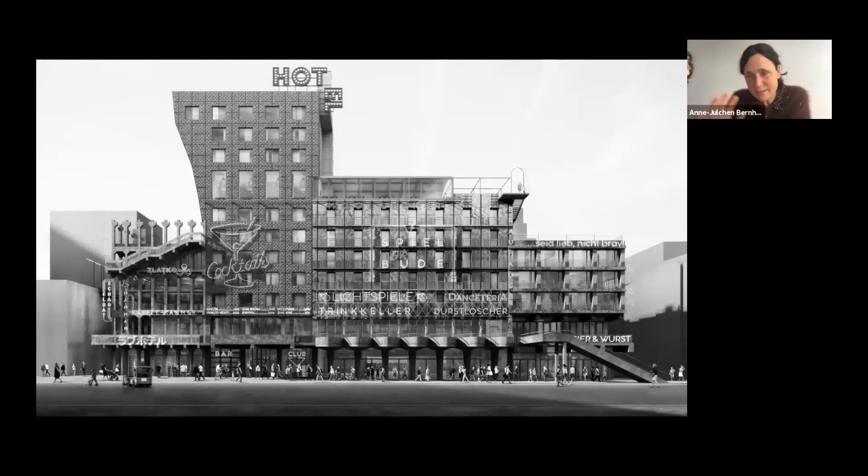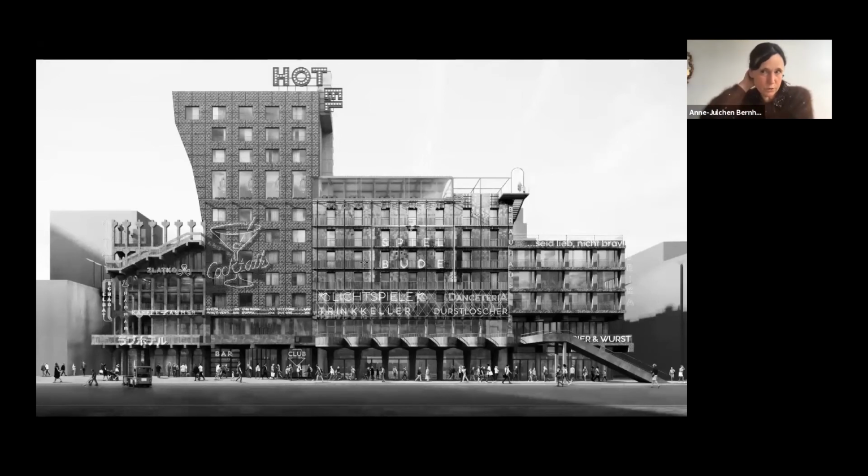It's still in the planning. It's still in a way on hold because there were several problems within the process within the city. So it's still, yeah, somehow still not finished.